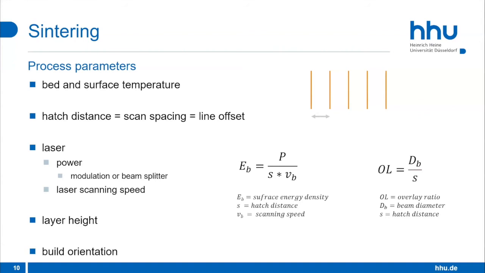And one of the last points that you can optimize, and which has a very big influence on the mechanical properties of your print, is the build orientation. So you can print your object completely parallel and horizontal, or you can print it vertically and have the layers in a completely different direction. You can print it at any angle offset, which makes it possible to optimize your mechanical properties. And unfortunately, there is no rule of thumb that you can apply to say that this is the best setting for this material, and so on. So it's very, very difficult to optimize this process,